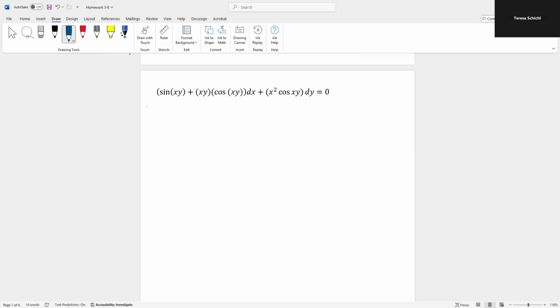All right, so here, like always, I like to move the dx under the dy. So this is sine xy plus xy cosine xy, plus x squared cosine xy dy